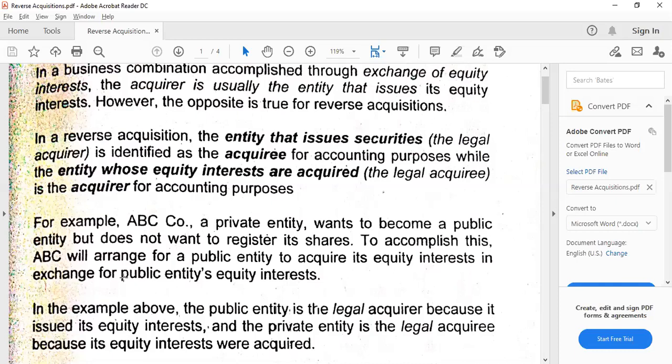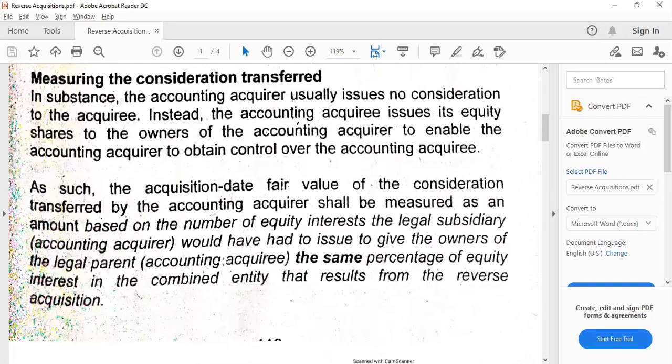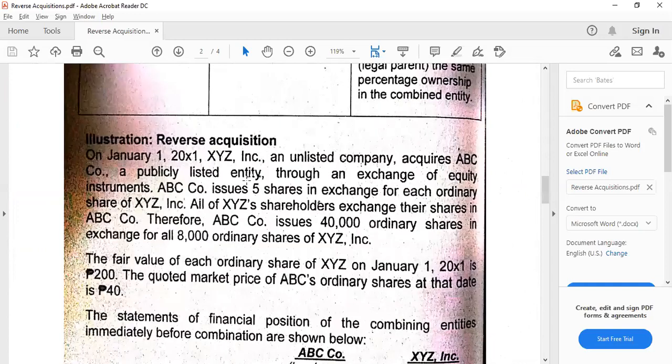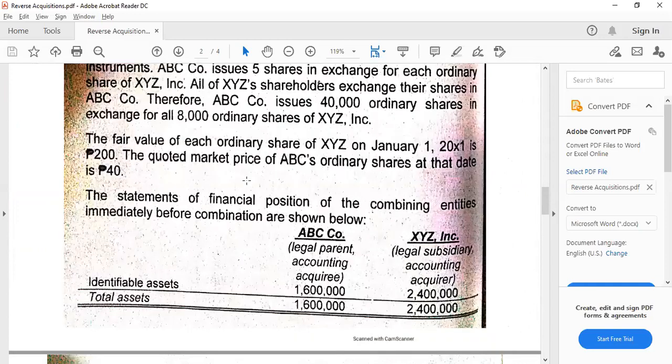And then to accomplish this, ABC will arrange for a public entity. Let's say in the subsequent example, this is